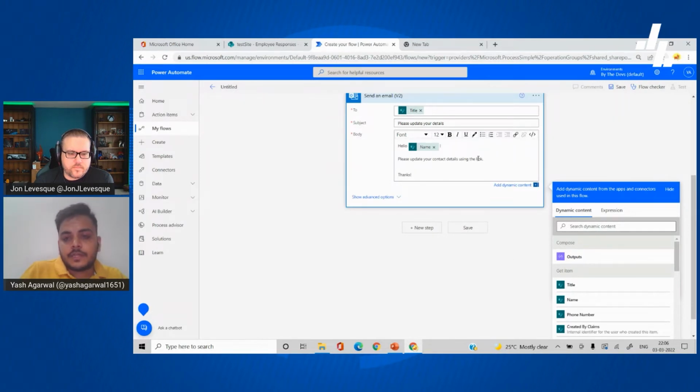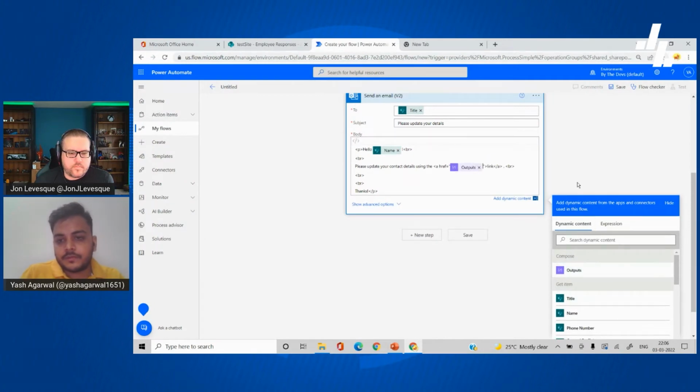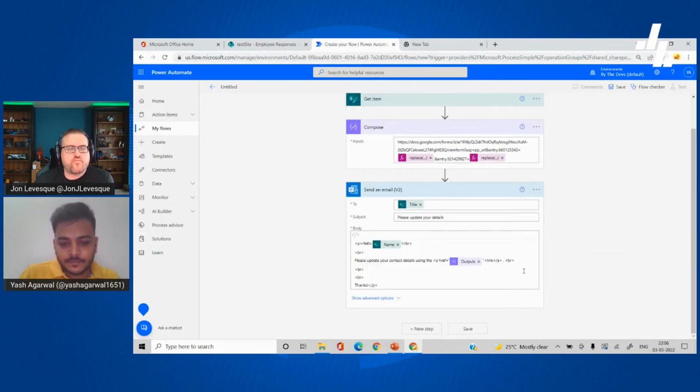Now, just so that the user doesn't see a shabby email, we'll put that into an HTML part. Switch to code, and within these two, we'll put the outputs. So we have this ready. I'll name my flow "send form to update data"